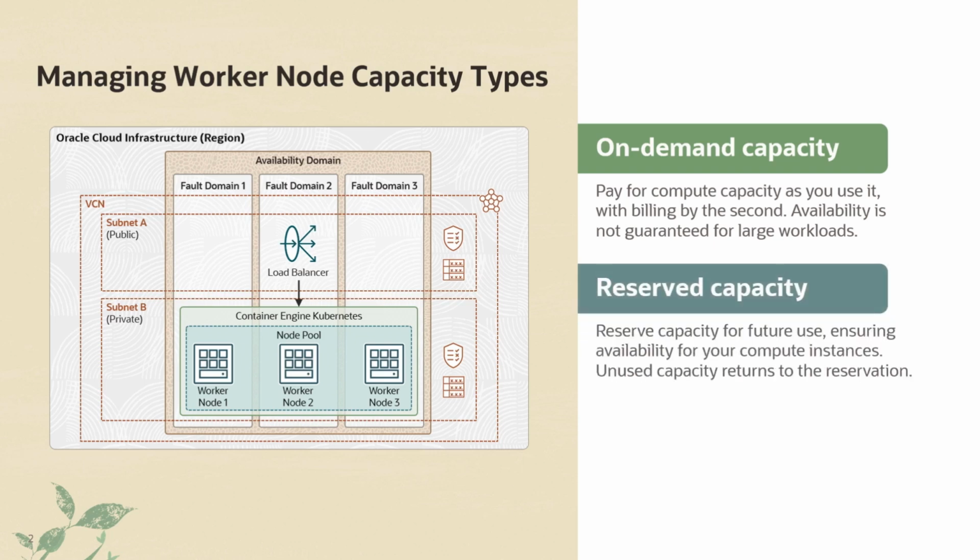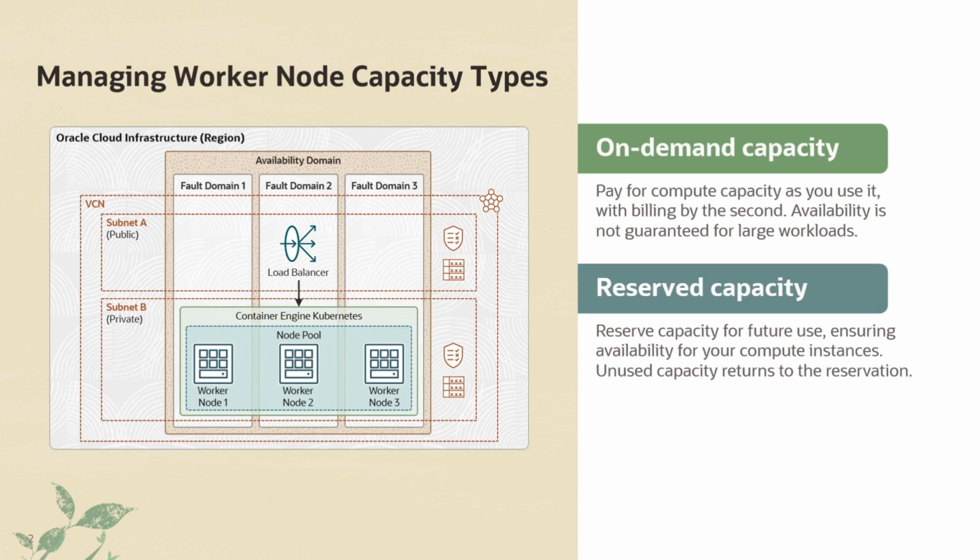Next, we have reserved capacity. This is all about reserving capacity for future use, ensuring availability whenever you need it. When you launch instances against the reservation, the used capacity is returned when instances are terminated, and unused capacity gets